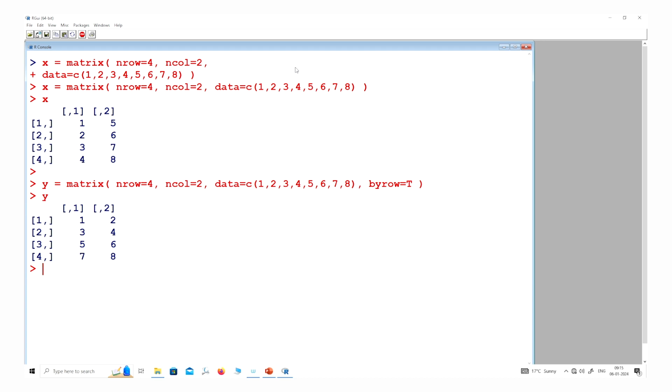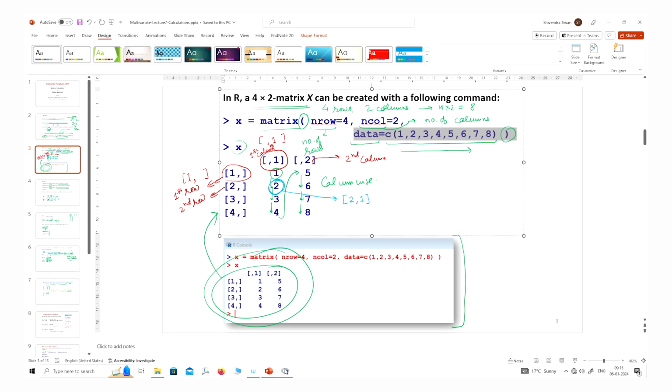And suppose I want to extract any particular element of x, suppose I want to extract x[3,2]. So, this is going to be 7. Whereas, if I try to retrieve the same element in the Y matrix, then it is going to be 6, right? And you can see here, this is the element in the X matrix and this is the element in the Y matrix, right? So, now you can be confident that, yeah, this is working without any problem.